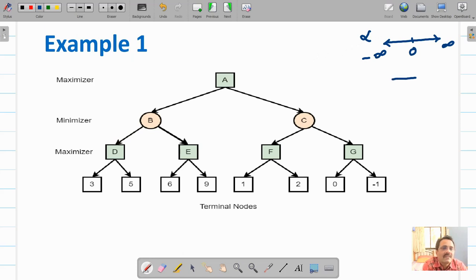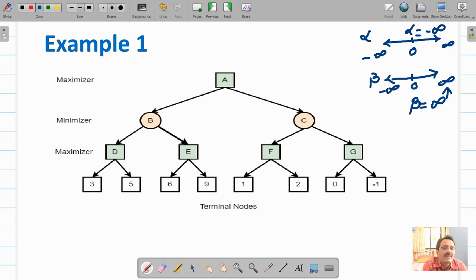Similarly, you can visualize beta on a number line. Now what is beta? Beta is the maximum that I have to give. So in the worst case, what is the maximum that the minimizer has to give? Of course, infinity. So in the worst case, the value of beta will be infinity and the value of alpha will be minus infinity.